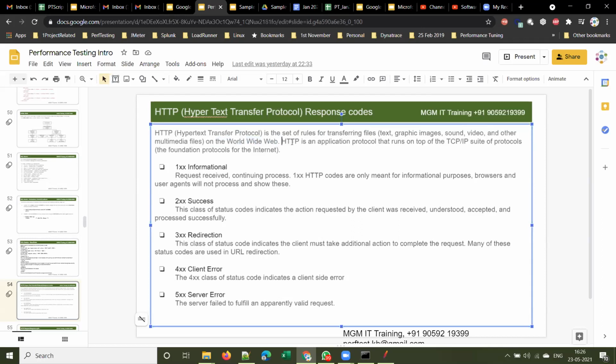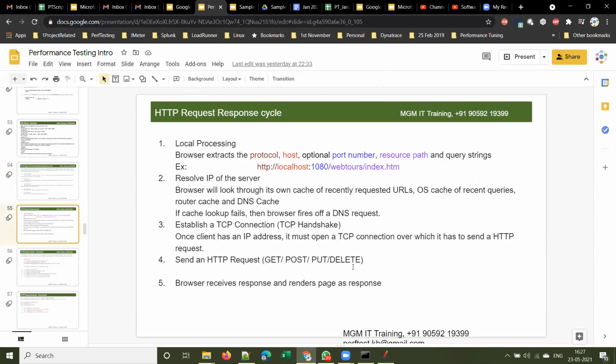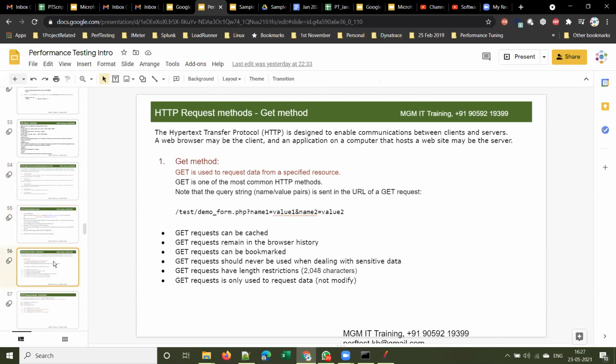HTTP is an application protocol that runs on top of the TCP/IP suite of protocols, which is the fundamental foundation protocol for the internet. So basically, protocol means a communication language between your browser and server. Is it clear? If you want to define it simply, right?